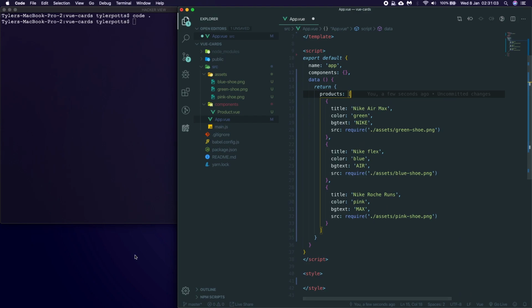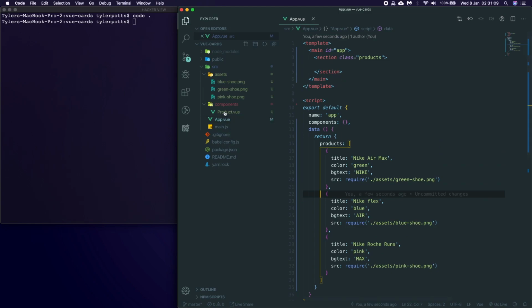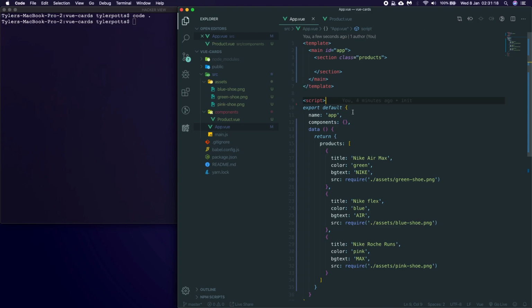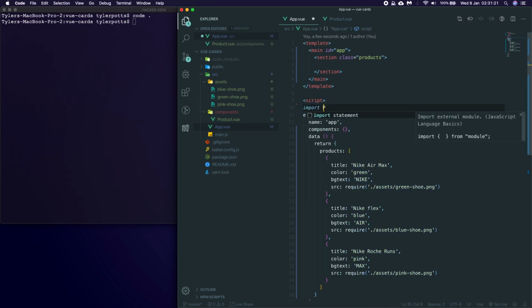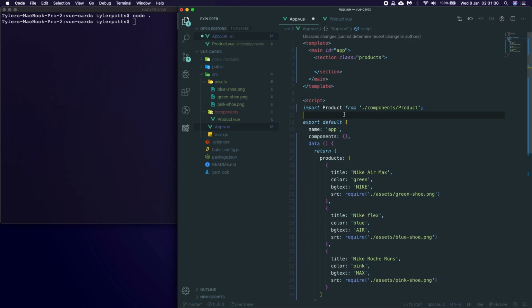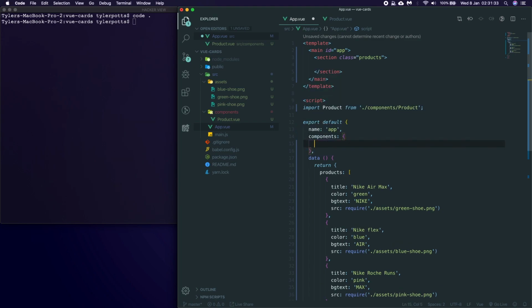So now we have that data, we can continue on to set up our products. So back in our product, we already have a product. So inside of products, we might as well import that product. So in the script, we're going to say import product from, and we're going to use this folder components/product. And that is going to give us the product. Now we have to put this inside of our components, just so it knows to use this product inside of here. So now when we reference product, this product has to match the component name here, it will now